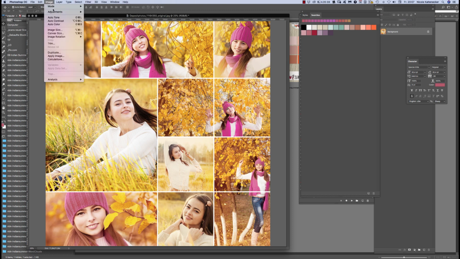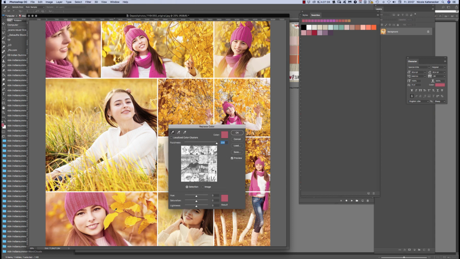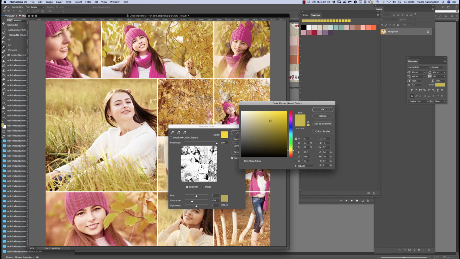Okay, we go back to image, adjustment, replace color, and then we go to the leaves. We choose this gold yellow tone from the leaves. Let's see what we can do. We go down with the saturation, and you see that the more down you go with the saturation, you get a more vintage kind of tone into your photos. But we also like to have now maybe this red from the collection, or maybe a brown from the collection. What we can now do is click on the result, and then a color picker